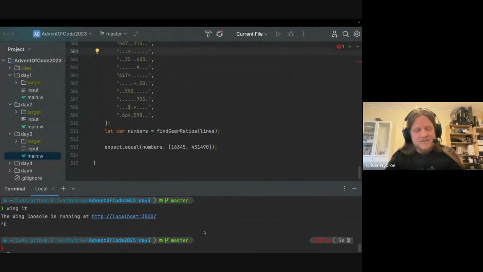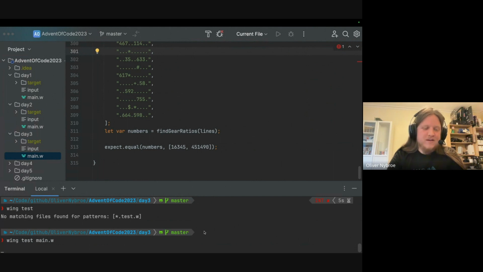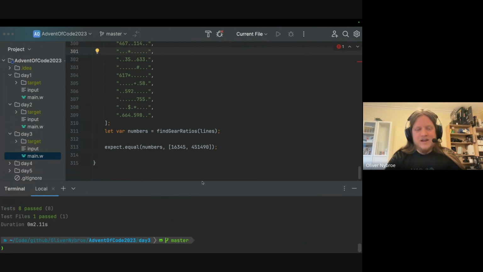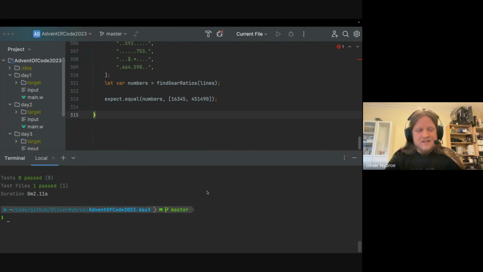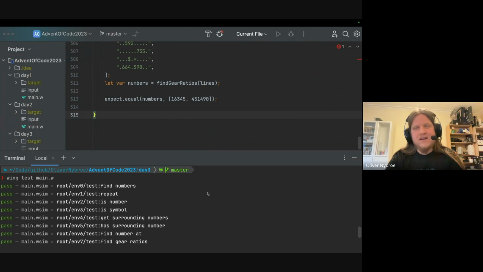So at the start I was expecting that I just could do Wing test and it would run my tests in the main file, but obviously it's expecting that you actually give it some file here, so I would have to pass in the main file, which is not really an issue, but just one of those things I kept hitting, that I would run the Wing test command and then it would fail, and then I would remember, oh, I